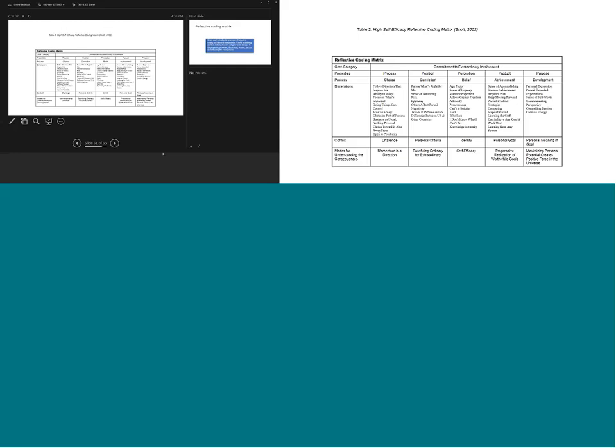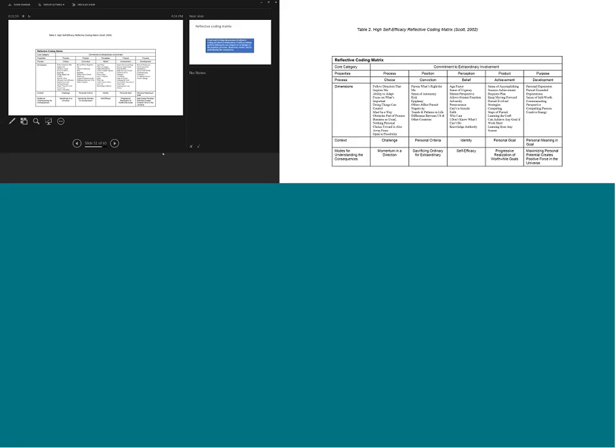And then modes for understanding the consequences in this particular dissertation was momentum to direction, sacrificing ordinary, extraordinary involvement, self-efficacy, and so forth. Now, here's why this matrix is so critical. First of all, it helps the novice researcher begin to build a way to understand a potential theory that's out there, how to talk to my theory, how to begin to talk about theory generation, how to begin doing